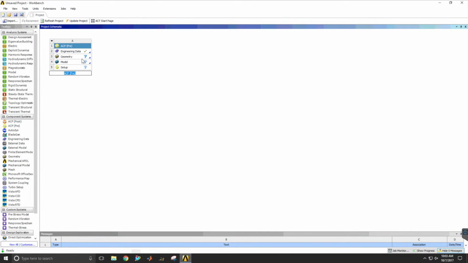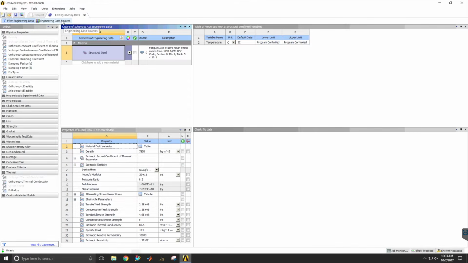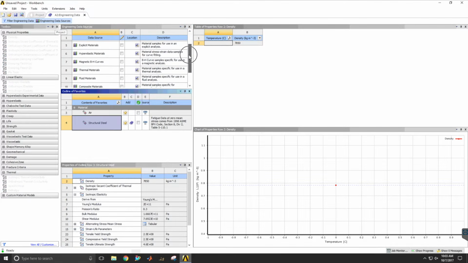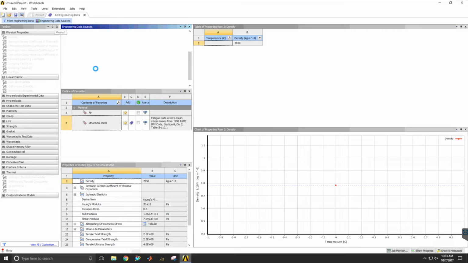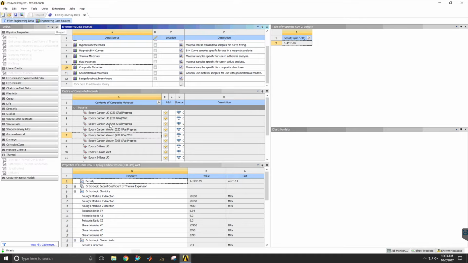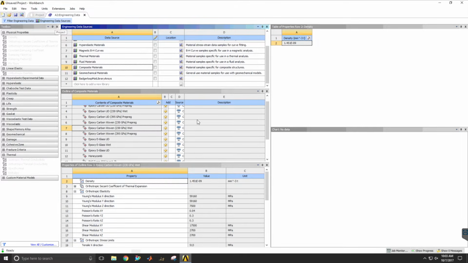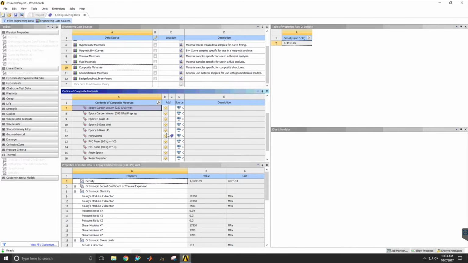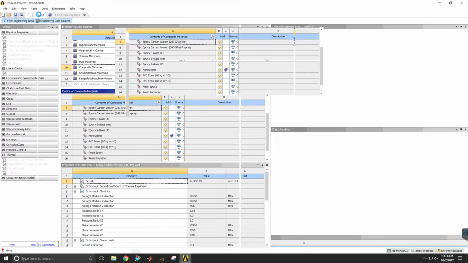So first of all, we need to set up our engineering data. This includes all the composite materials that we're going to be using. So double click on that, and then up here in the upper left, click on engineering data sources, and we're going to scroll down to composite materials. Double click on that, and then you'll see all the options for materials listed down below. For our analysis, we're going to be using epoxy carbon woven prepreg, so add that, and then honeycomb as well. So go back to the project,